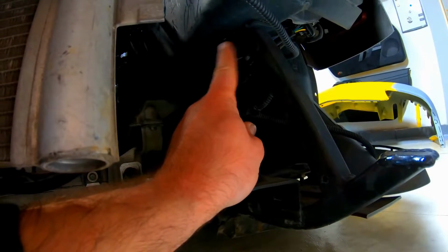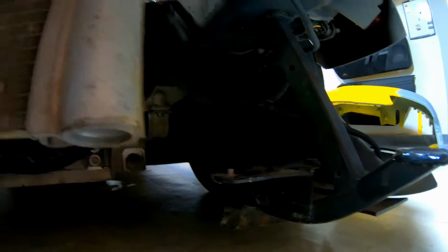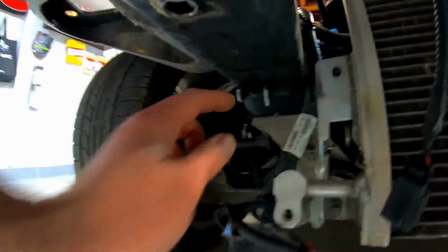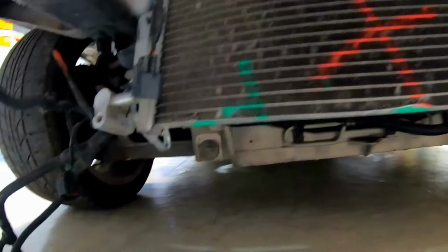So I need to remove two bolts, one right here, and the second is right here, to remove this leftover part. On the other side, what do we have here? It's just a leftover piece right here, and this piece is completely gone. So now let's move on and start removing